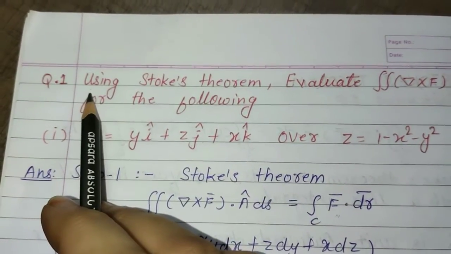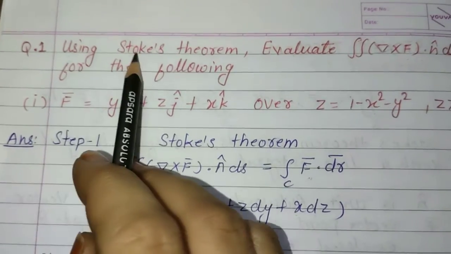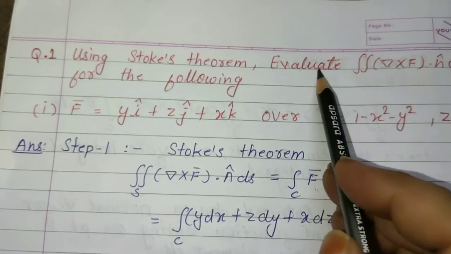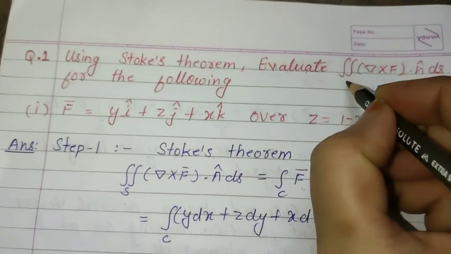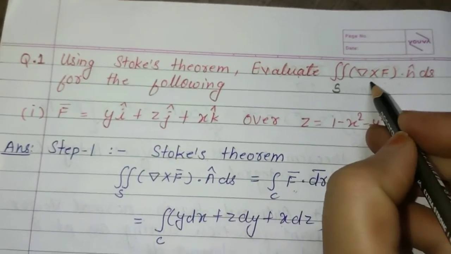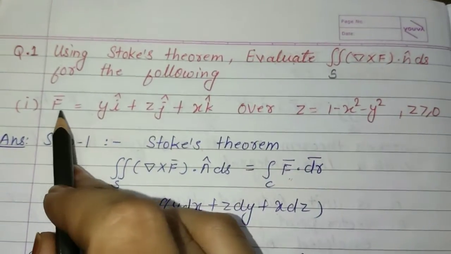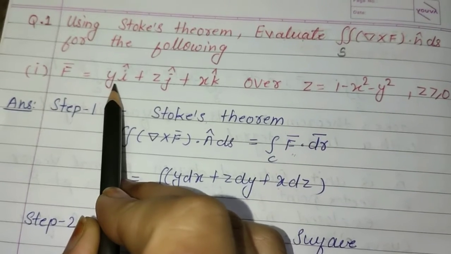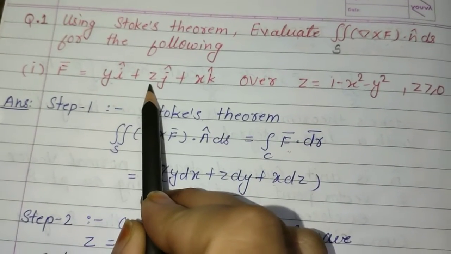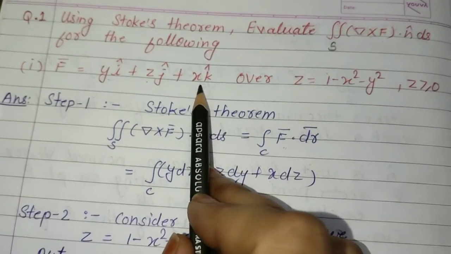Now first question related to Stokes theorem. The question is, using Stokes theorem, find the value of double integration over S of del cross F dot n cap dS for the following function. The function is vector F = y i cap + z y z j cap + x k cap